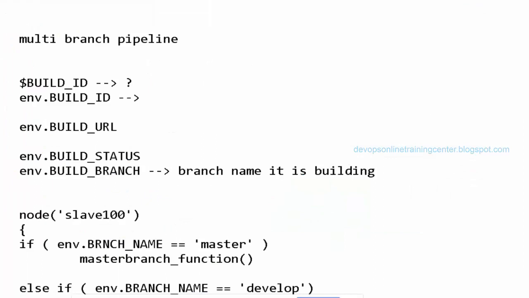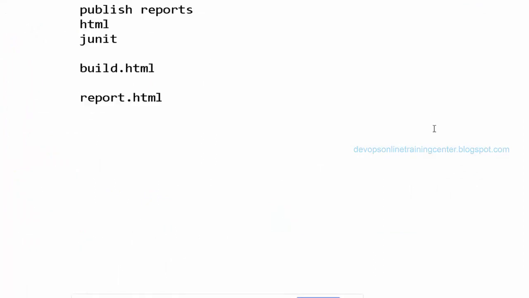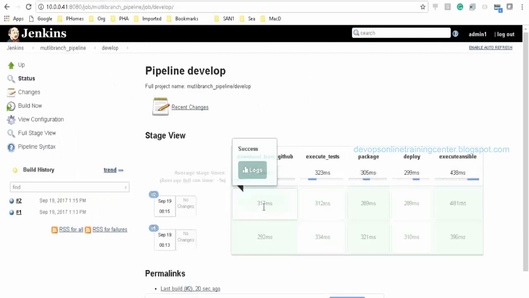So those stages, Santosh, we can even mention in a simple pipeline, instead of a multi-branch pipeline? Yes, stages in the normal pipeline also. But the difference is that multiple branches we cannot specify, right? Okay, we cannot build multiple branches. It's only for single. Yes.